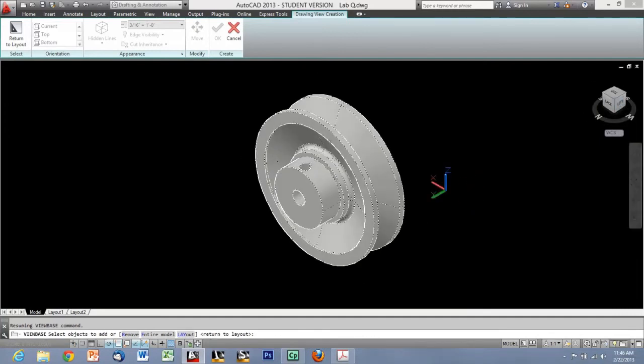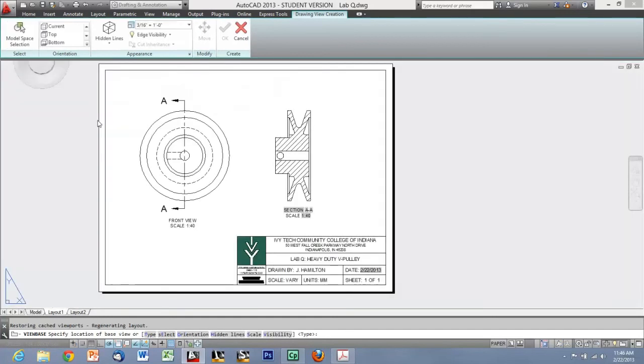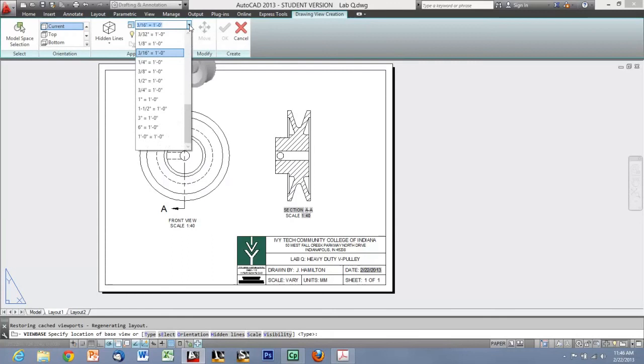If you free rotate, it won't be an exact isometric, so when you're done free rotating, make sure you hit that view cube to lock it in. And I'll return to my layout, and make sure you hit that current button, because you can see right now it's not matching up to what we selected. So hit current, and then I'm going to choose a scale up here, and I'm going to make this a 1 to 60 scale, but you can see 1 to 60 doesn't show up in my list, so I'm just going to type it in here that I want 1 to 60,